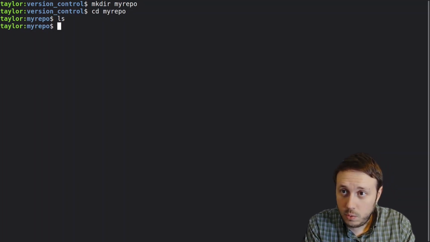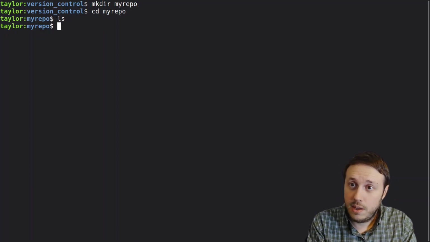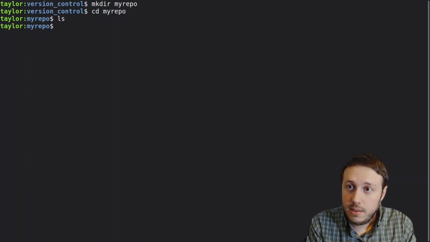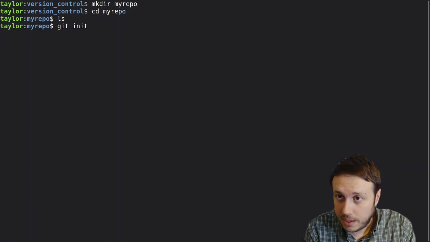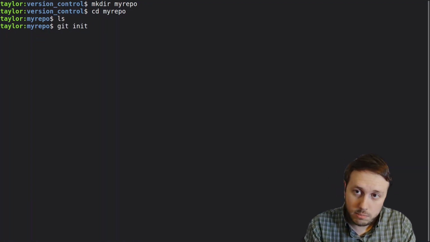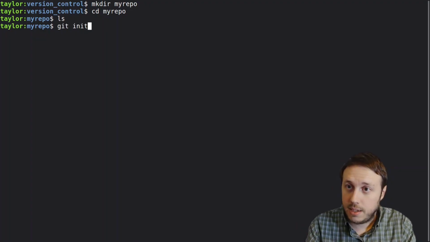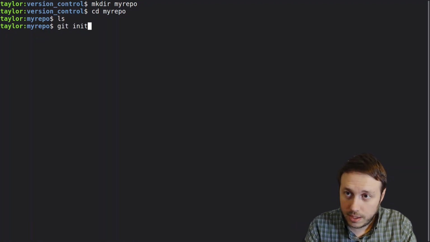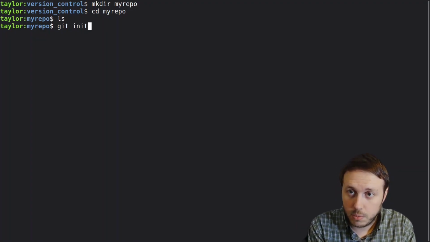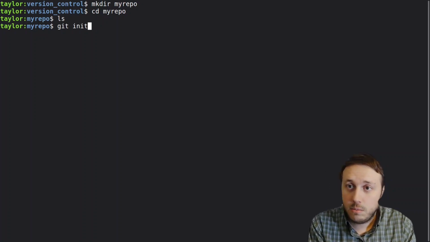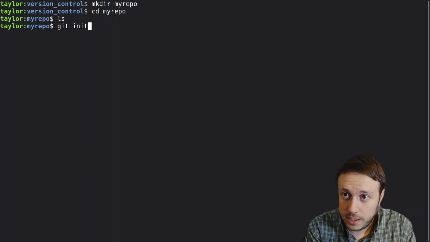If we want to start using this as a Git repository, then we can type git init. Now you'll need to have Git installed in order for this to work. Look online and you'll find plenty of information about how to install Git on whatever machine you happen to be running on. And then once we've got Git installed, we can